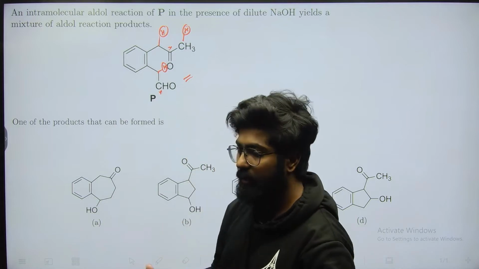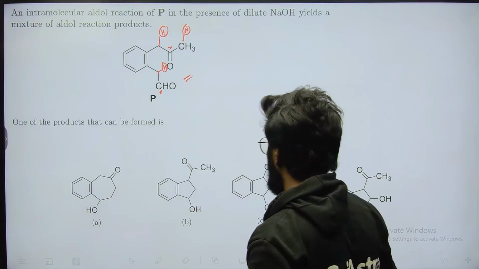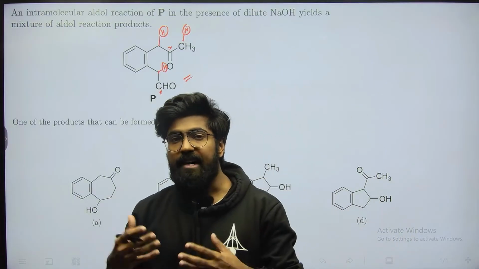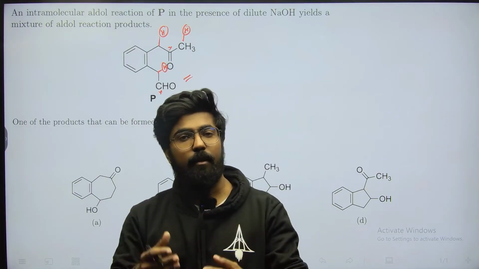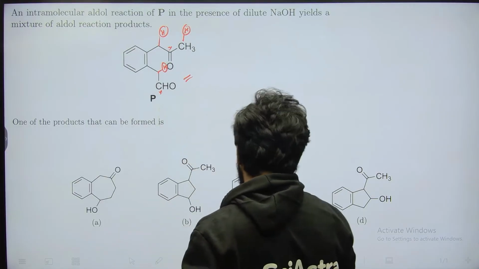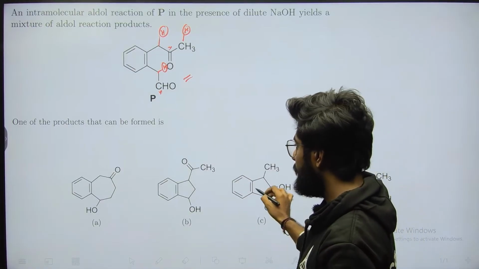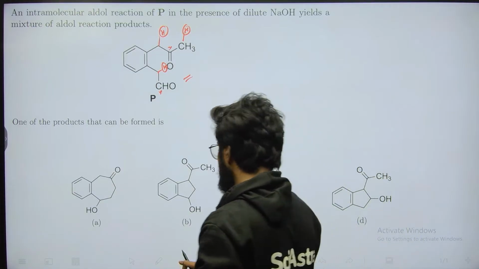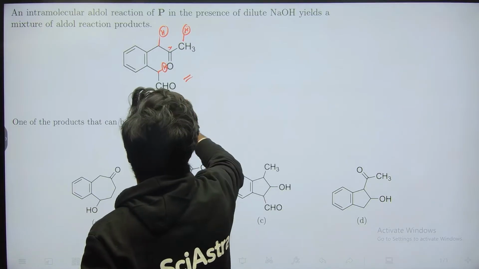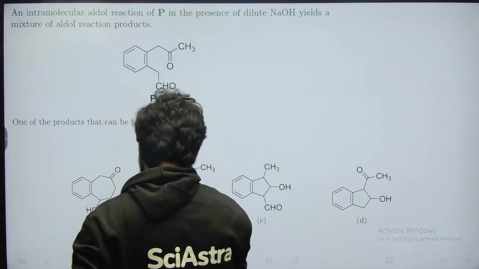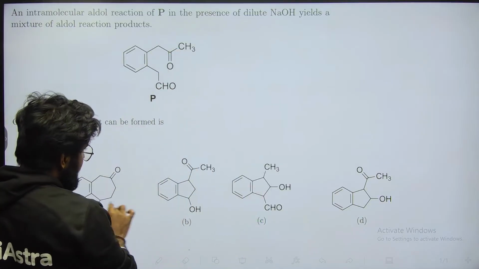So it becomes really difficult to go for each and every type of products given, analyze them whether they are forming or not. The right approach in this type of question is basically you follow your basic approach, what you know, right? And then see if it is forming or not. You have to select any one of it because it is a MCQ, so you have to use your mind also. Otherwise this question will be a very hectic question to solve. So in this question what we will do, see, now analyze these, right?